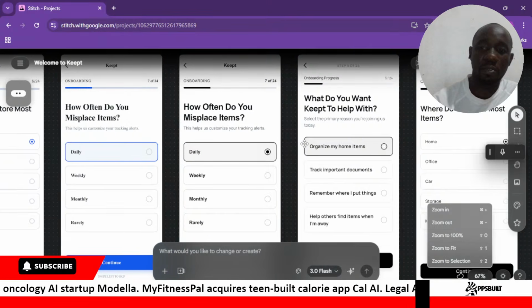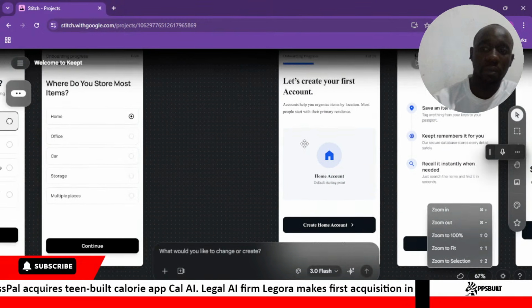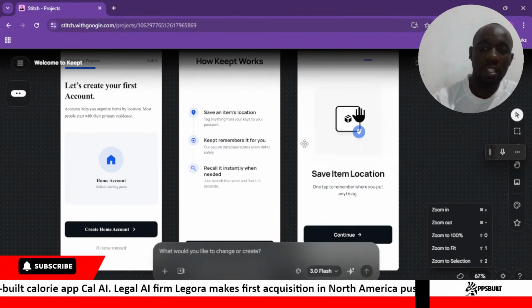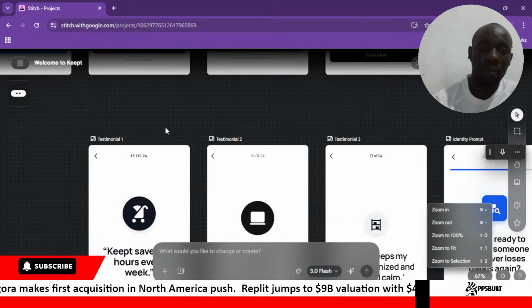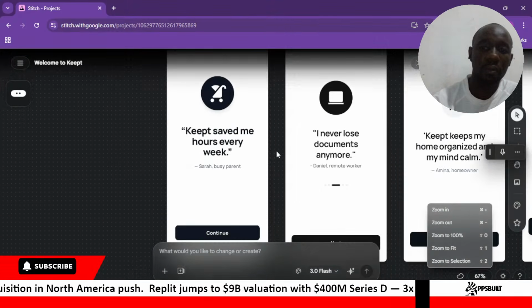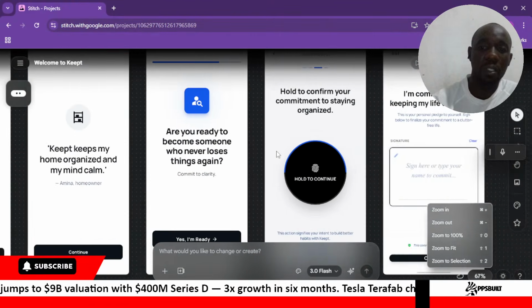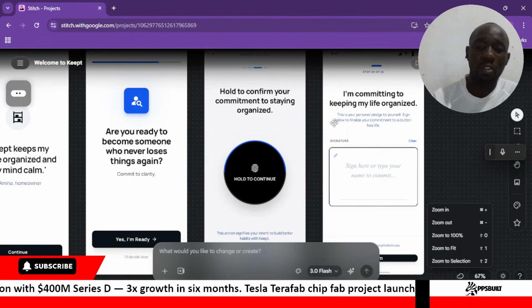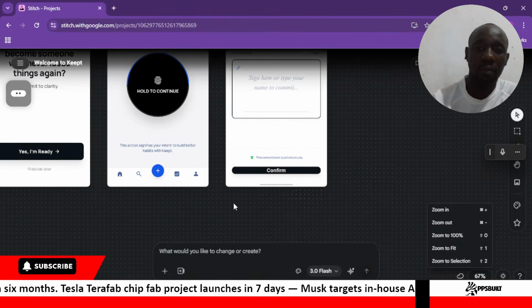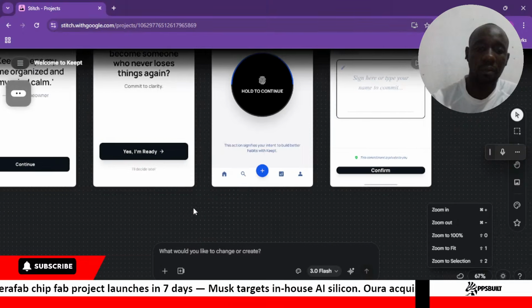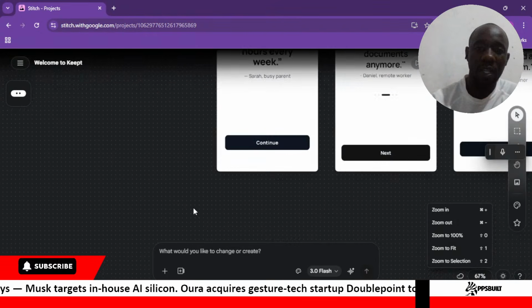So when you look at most of these screens, we are building them out to ask various questions and prepare the user for what they are going to use, and to understand the essence of why they are joining the app, which becomes easy.